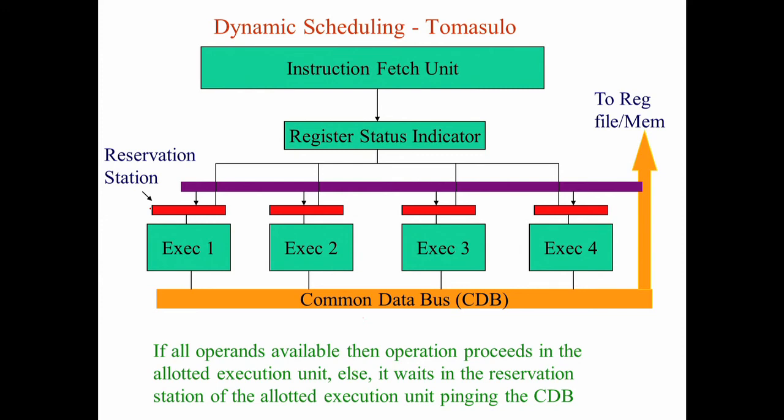So I will be watching the common data bus eagerly. Unit 6 will write the result and also put the unit number. I will just be watching for unit number 6. When 6 has come, I will grab it and start executing. The result did not go to the register file and then come to me. As it was going to the register file, it also came and dropped into my reservation station. So this is operand forwarding. Followed?